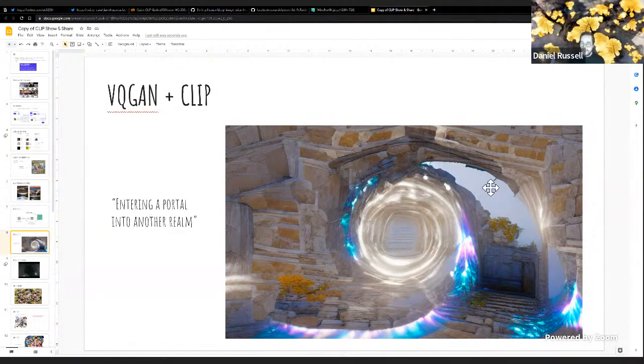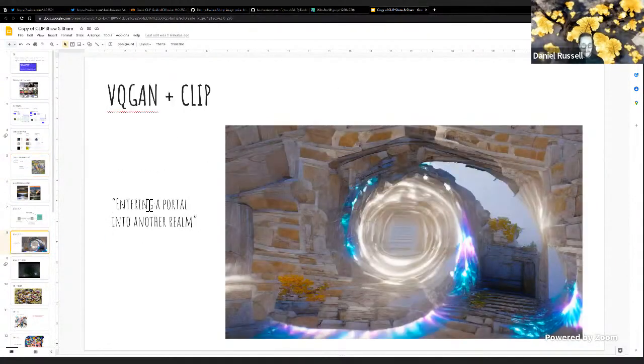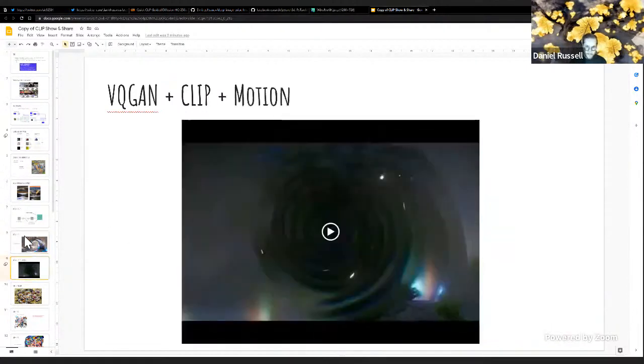And so here's an example of VQGAN and Clip. You can see it's a lot more detailed than some of the earlier methods you saw here. This is a prompt for entering a portal into another realm. This is actually a snippet from a video that I think I have here,